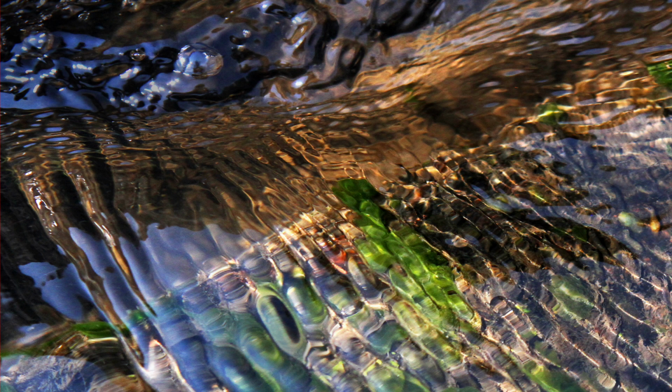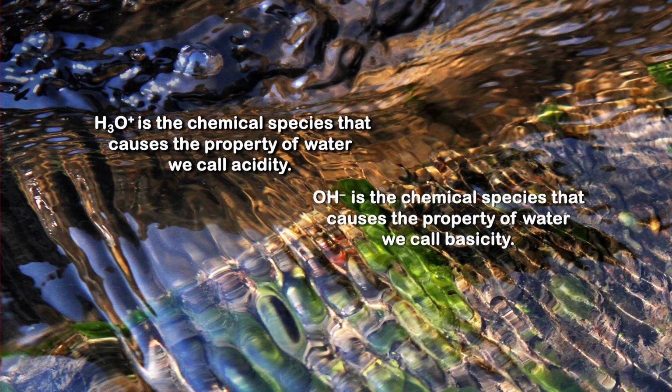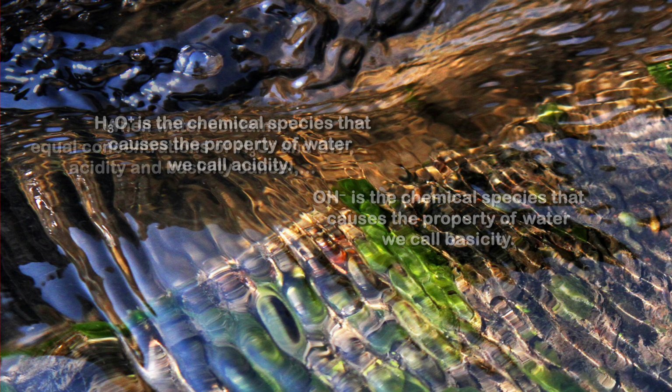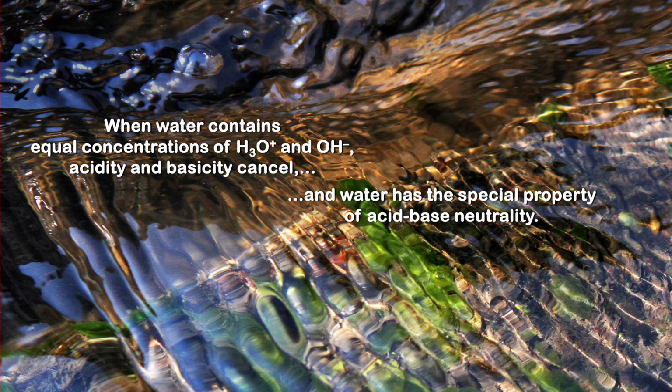This applies to all water, pure or not. H3O plus is the chemical species that causes the property of water we call acidity. OH minus is the chemical species that causes the property of water we call basicity. When water contains equal concentrations of H3O plus and OH minus, acidity and basicity cancel, and water has the special